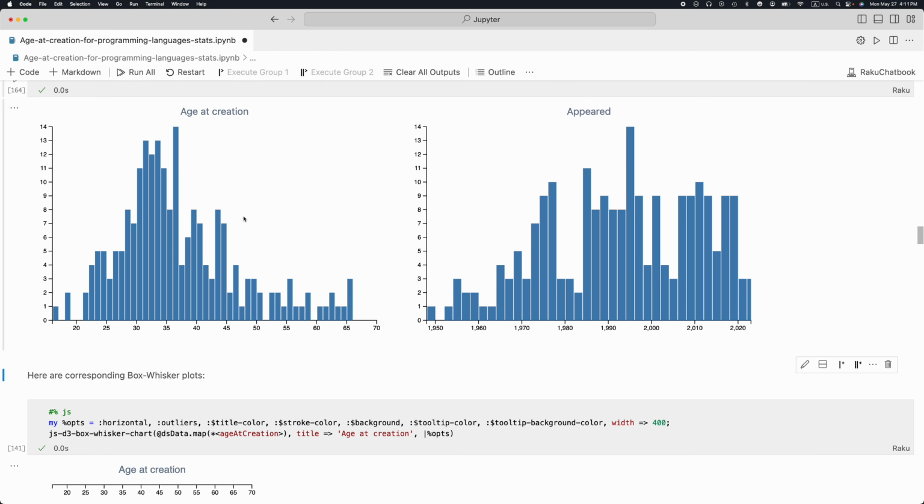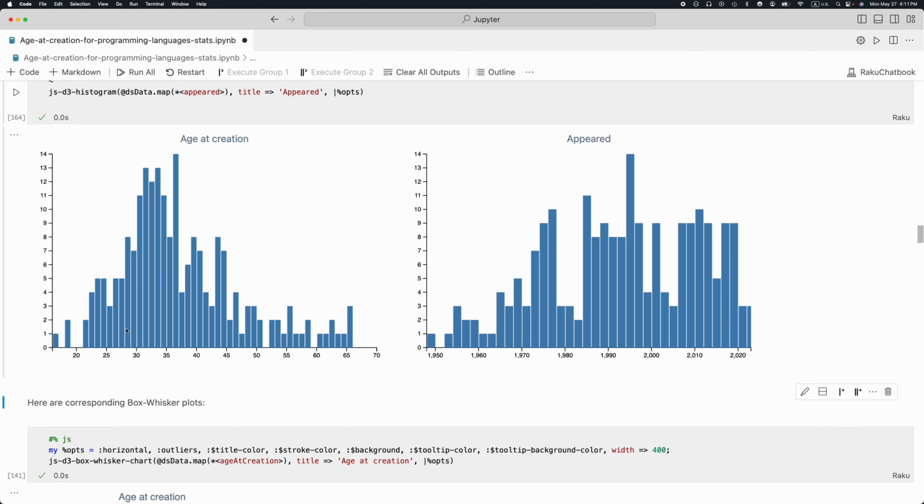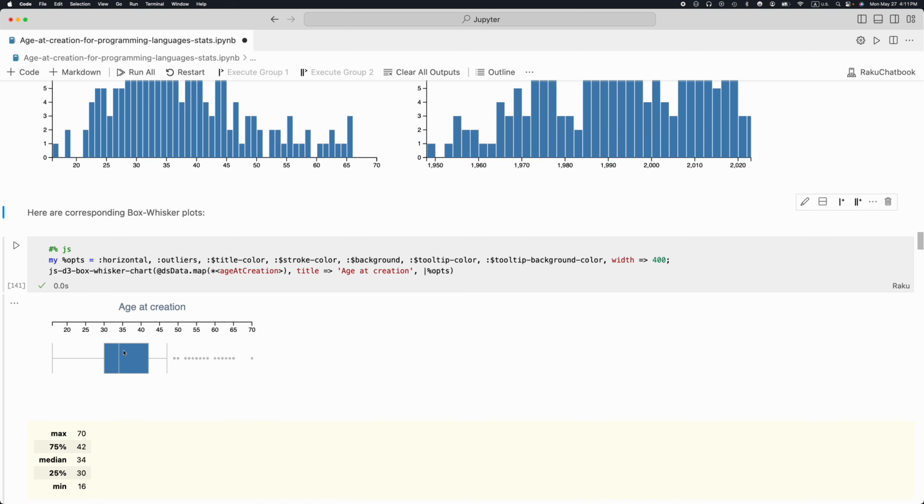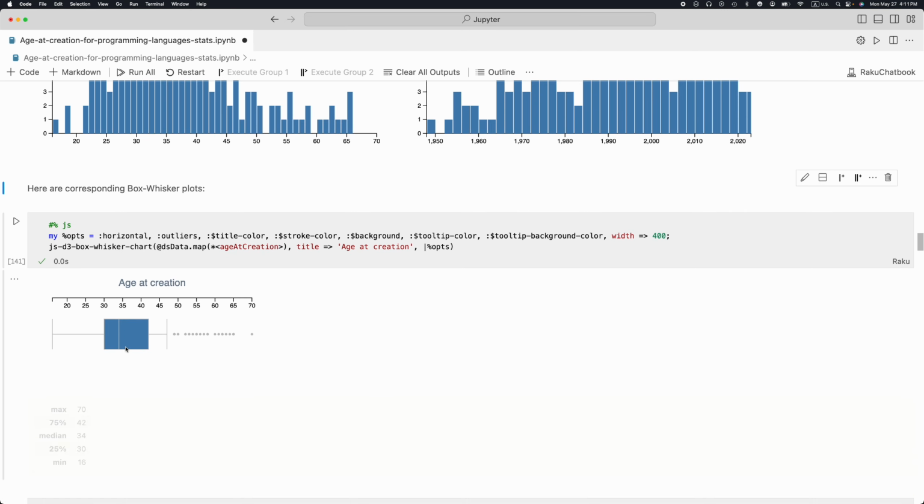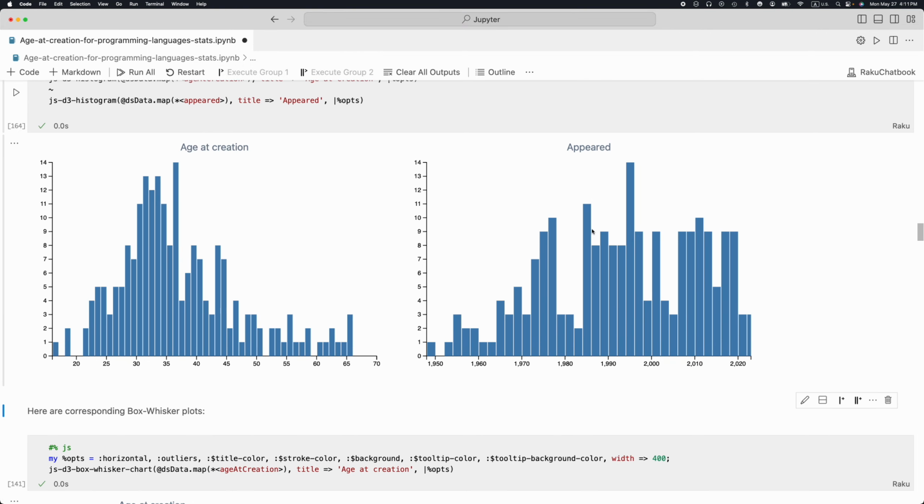And so fair enough, we can see the majority of the people have been creating languages between, say, 25, 26, 27, up to 45, I would say, right? And you can see this with this box whiskers plot. It's like the interquartile distances. Same with the distributions for the